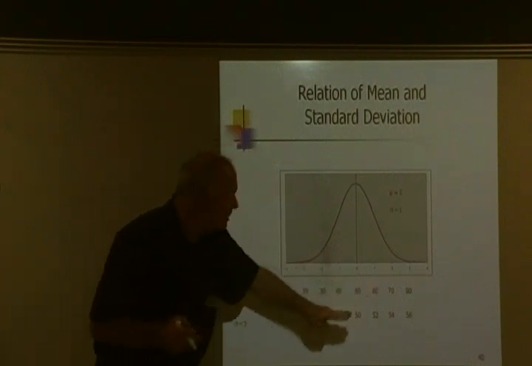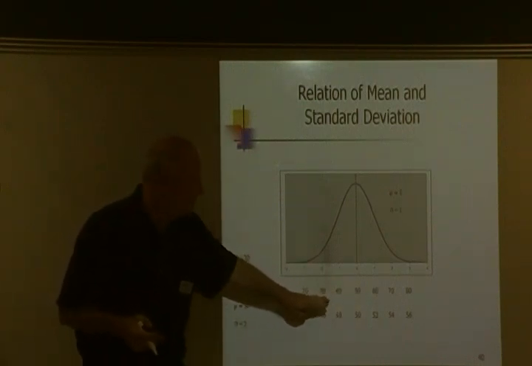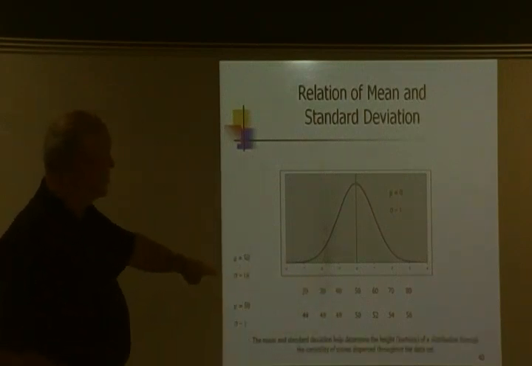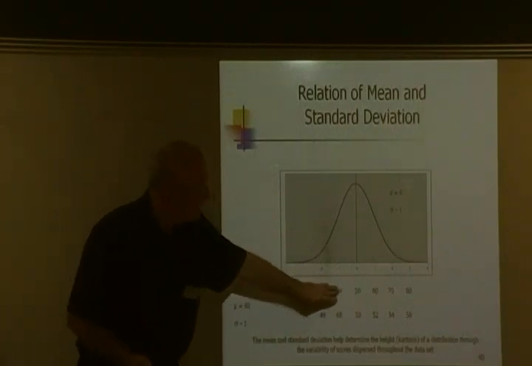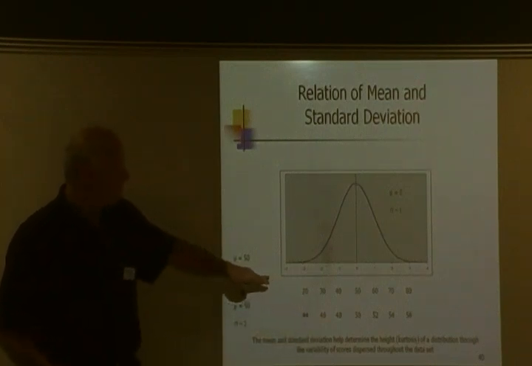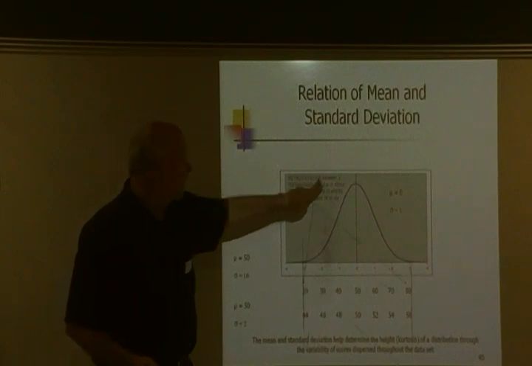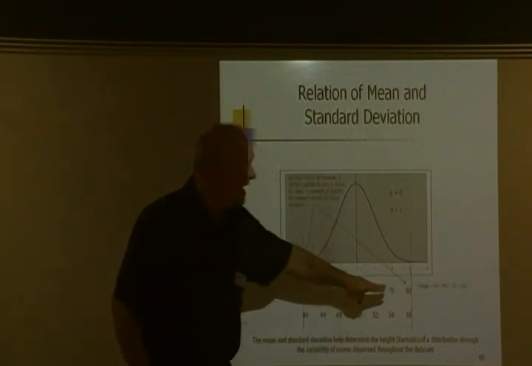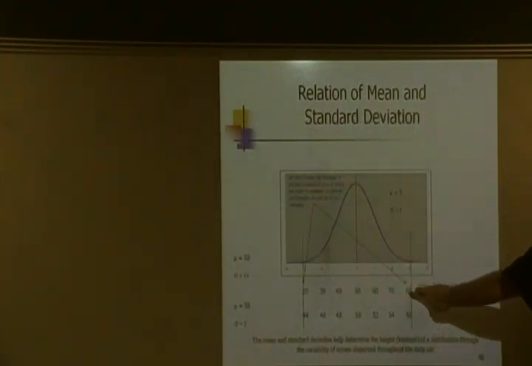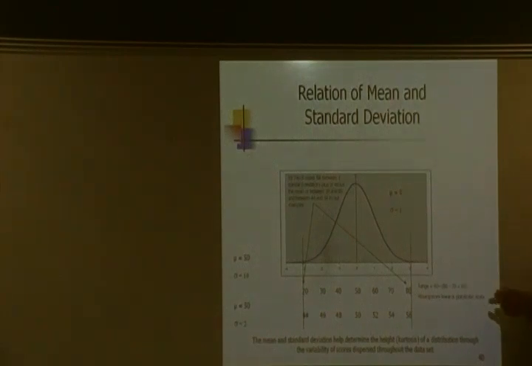Okay. Now look at these two data sets here. What we're looking at is the variability of the two. All right. So we can determine the height. If we look at this one and the variability, this one's going to have a little more variability than this one because of the range. Okay, 95% of the scores fall between it. The range is going to be between 20 and 80 of this sequence here. All right, so we're looking at a range of 60 between that group. All right, this one has a range of 12. So this one has a little more variability